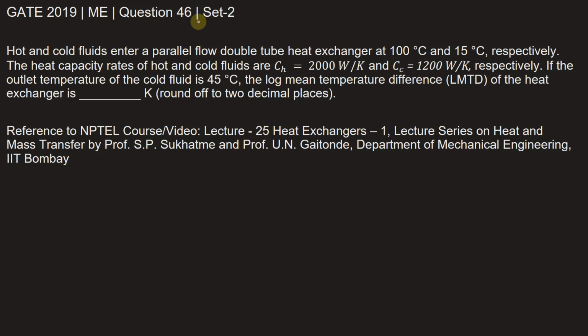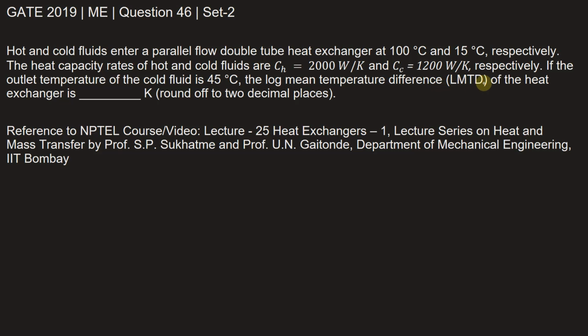This is question number 46 of set 2 from Mechanical Engineering paper of GATE 2019. The question says hot and cold fluids enter a parallel flow double tube heat exchanger at 100 degrees Celsius and 15 degrees Celsius respectively. The heat capacity rate of hot and cold fluids are 2000 watt per Kelvin and 1200 watt per Kelvin respectively. If the outlet temperature of the cold fluid is 45 degrees Celsius, the log mean temperature